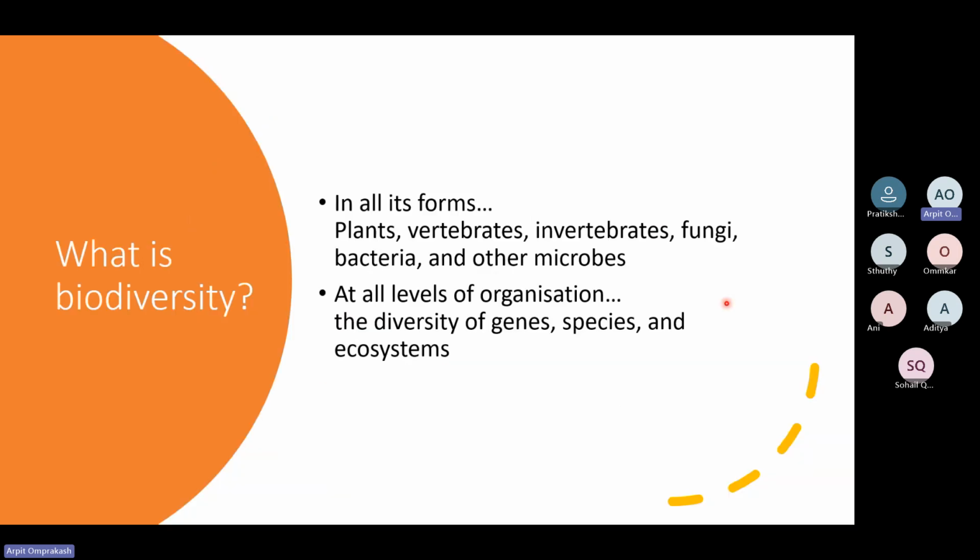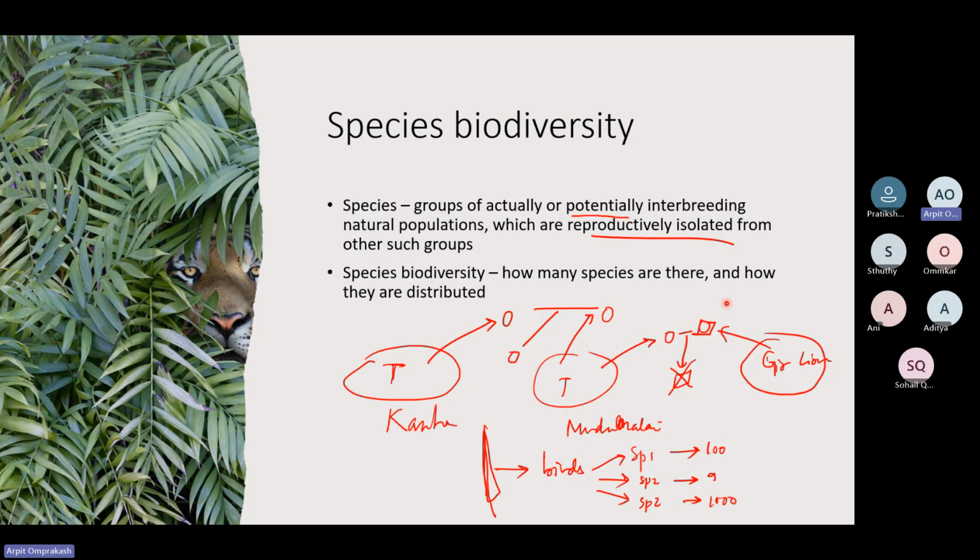All its forms basically means plants, vertebrates, invertebrates, fungi, bacteria, other microbes, everything, animals. And at all levels of organization means the diversity of genes, species, and ecosystems. So basically, species biodiversity is how many species are there and how they are distributed. Species are actually or potentially interbreeding natural populations, which are reproductively isolated from other such groups, right? Species biodiversity basically gives us the idea of how many species are there and how they are distributed in a